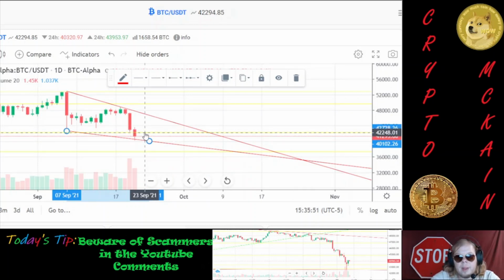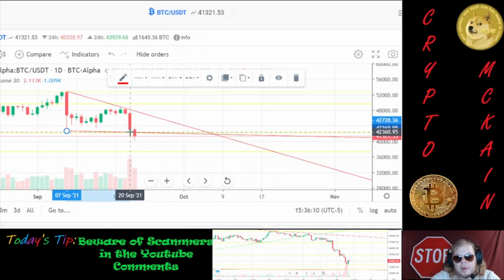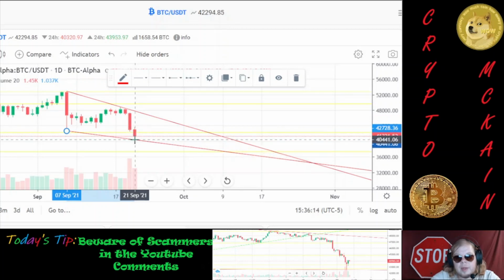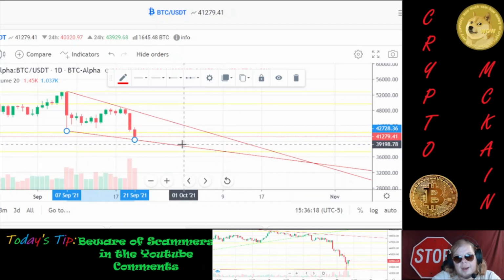42,000, I think we are. Yeah, we're sitting right here on the edge. Let's see. So if we close above this support line, we may stay in that smaller triangle I showed you, this one. If we close below it, I think we're probably going to go into this longer downtrend here,